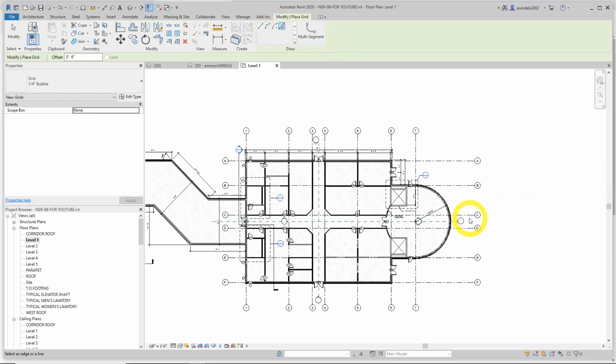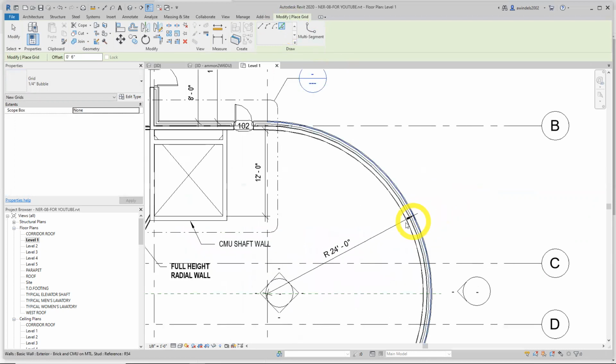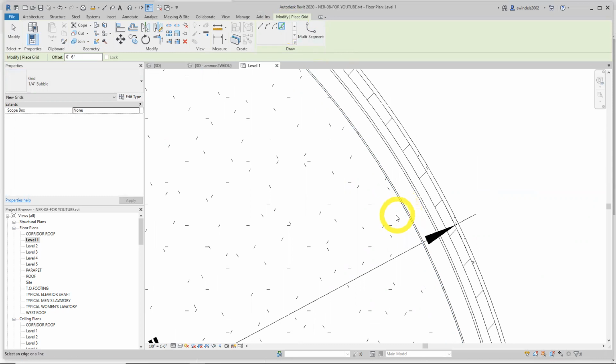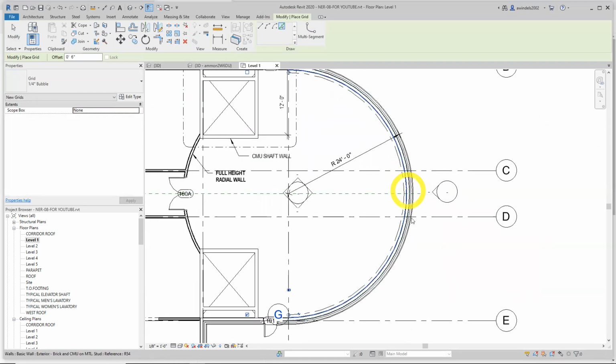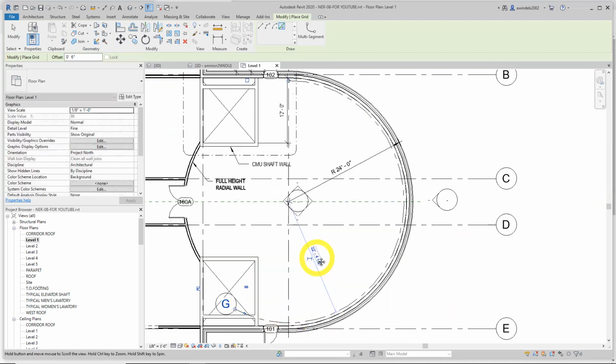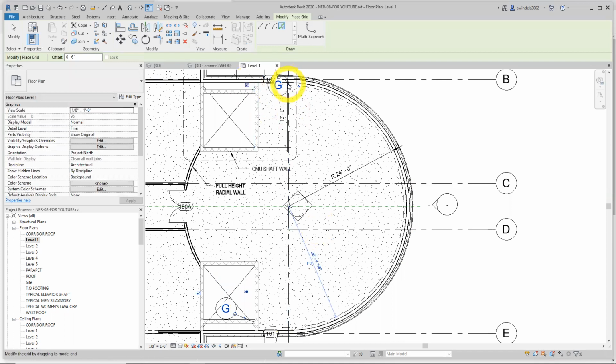And we want to select the inside face of the radial wall right here, okay? And we want this to come out to this side. As you can see, my dashed line wants to go there, not this side. So there we go right there. That should say G, and it does. Let's grip it, make it come out a little ways so it's easier to see. Let's turn it on this end. So this is literally a grid line along the radial wall